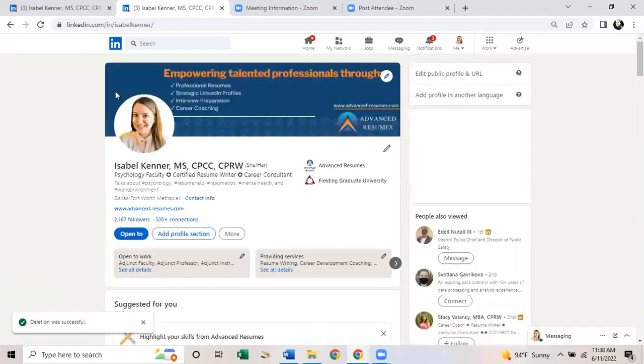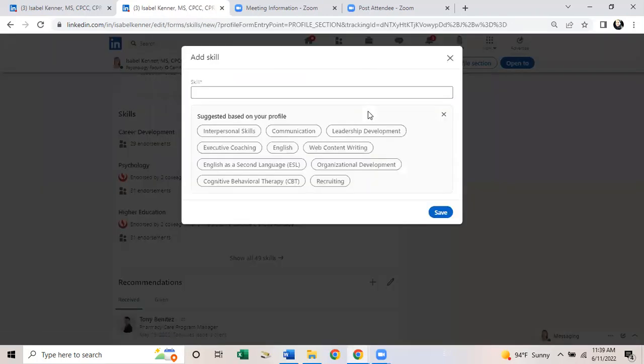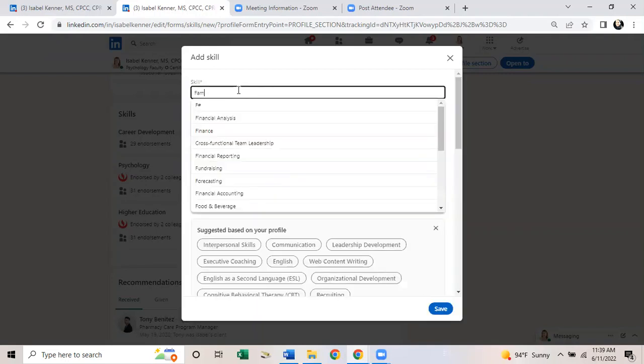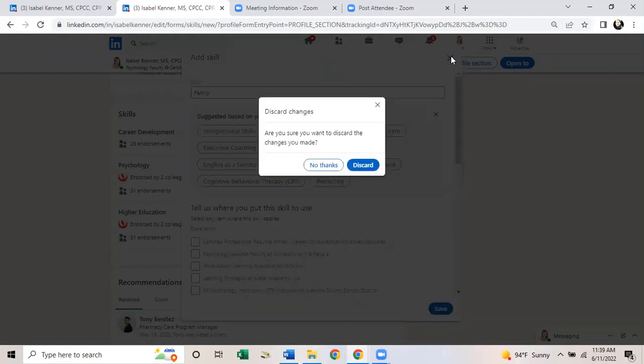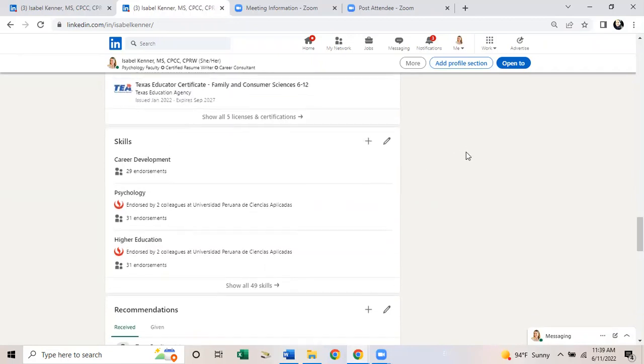if I exit out, I have that plus sign now because there's one skill that I can add. So for you to add skills, you'll see that they give you already some options. Start writing the skill. For example, if I want to put it back, family therapy is right here. Just choose it and save it, and that's it. Okay, now I'll discard the changes. Now, I'll show you how to